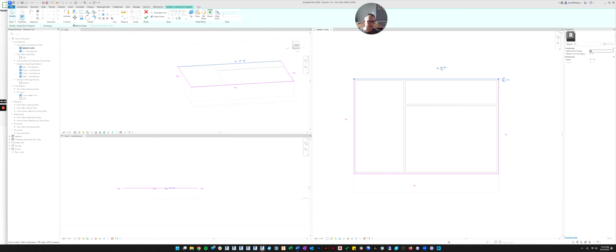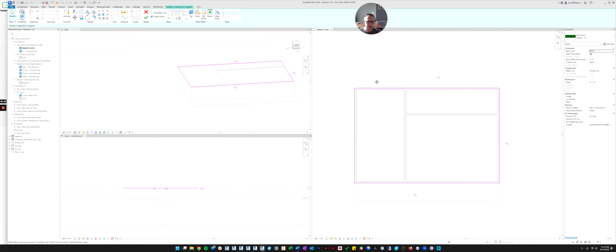If I click on that line, do you see how it shows numbers? This is the roof pitch, how angled the roof is. So 9 is a pretty steep pitch. We'll leave it at 9 for now, but just know that you can change the pitch of each wall, or you can highlight that edge, and if you come up here where it says define slope, you can uncheck that box, and then that edge won't be sloped. So let's leave it like that, and I'll show you what it looks like when we finish the sketch.